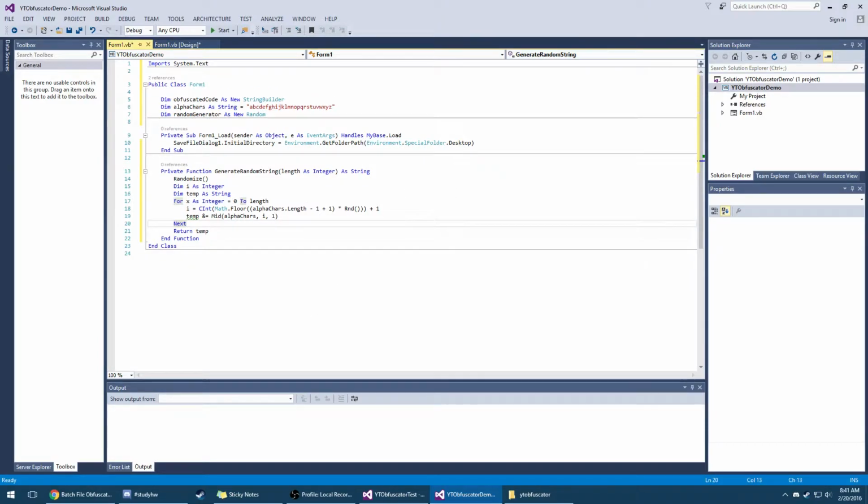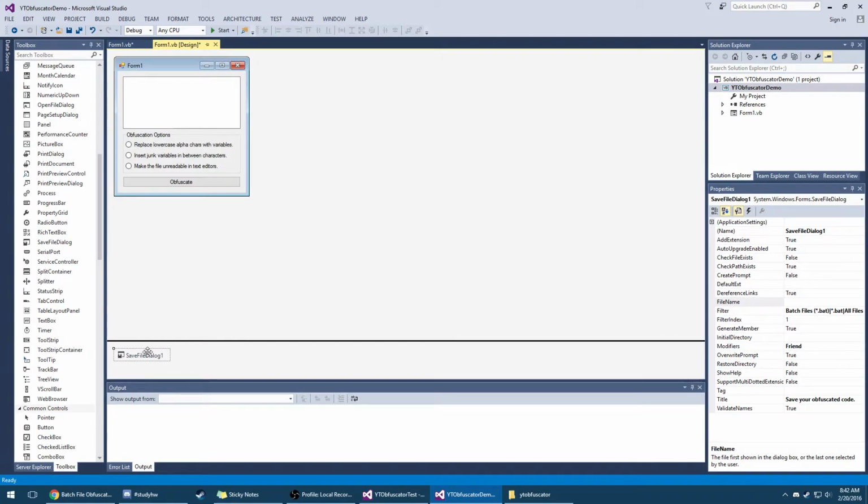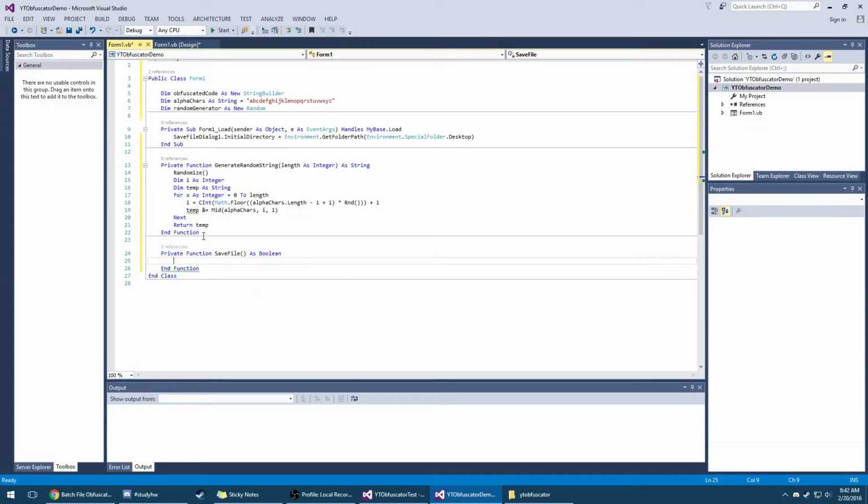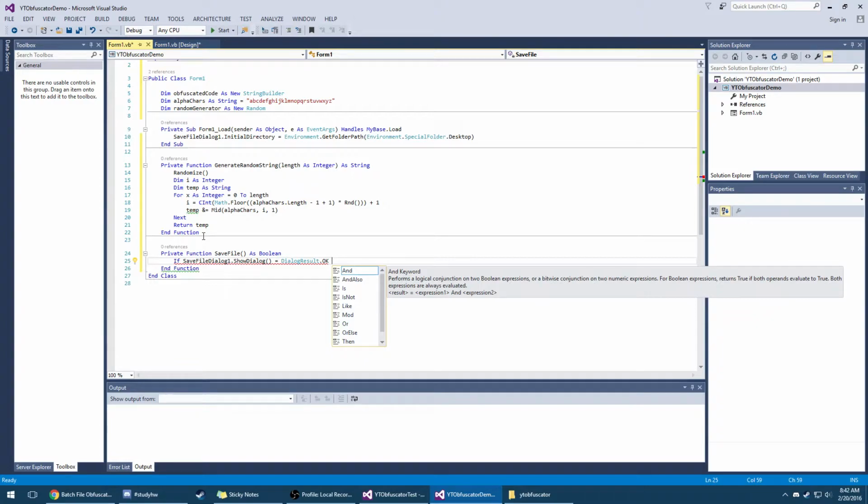That's easy enough. The next thing we need to do is implement a save file feature. That's what the save file dialog does for us. So let's do that. Hit enter a couple times, then do private function SaveFile as boolean. If SaveFileDialog1.ShowDialog equals DialogResult.OK, which means did they click the OK button or the Cancel button,